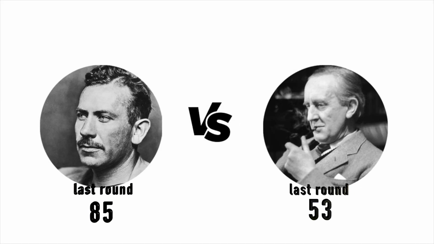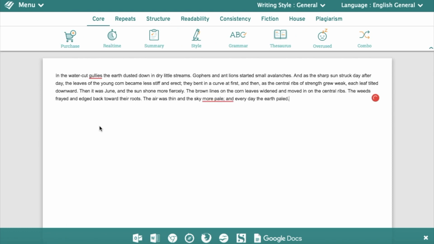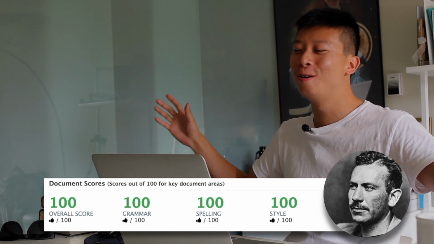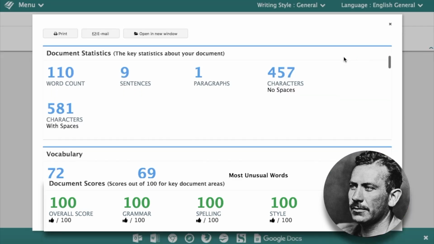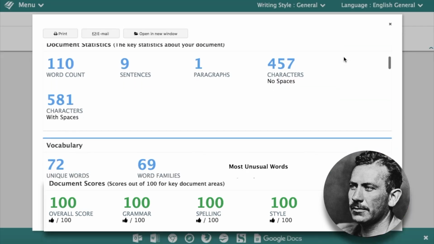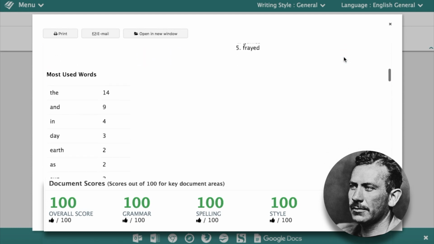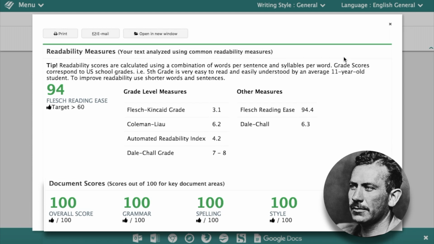All right, next up we have John Steinbeck against J.R.R. Tolkien. John Steinbeck, the best looking one in this group. Grapes of Wrath, let's see how it does. Second paragraphs, they're getting some good grades here, right? This is actually pretty amazing. I mean, we all know that these are some of the best writers that ever existed, best English writers in the world. So it's not much of a surprise to see them getting perfect scores, but